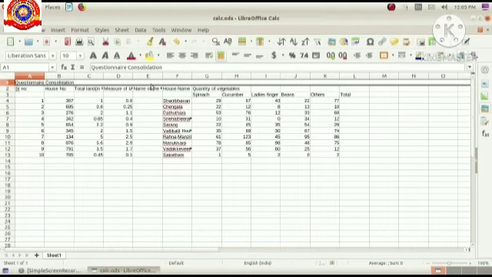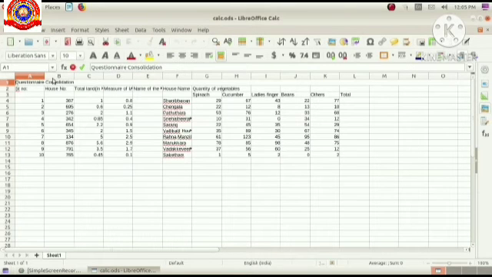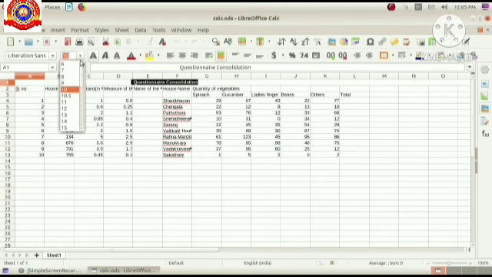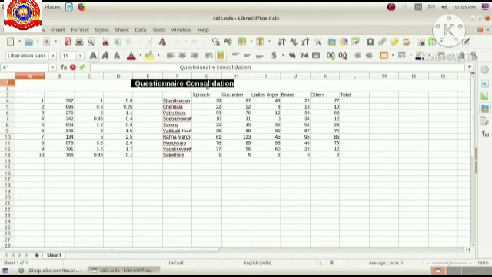Now, we want to move this heading to the center. For that, bring the cursor here and put space. If we align this heading to the center using the center tool, then it will go to the center of the sheet. Now I am making the heading bold and increasing the size. Give color to the font. Now the heading is more attractive. See, like this we can do the other formatting as well.